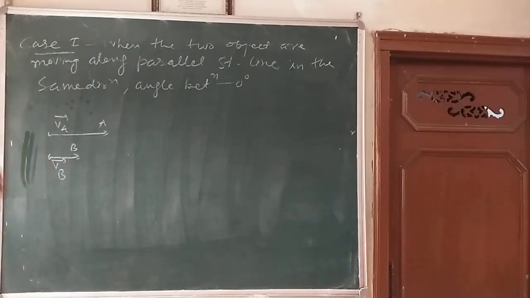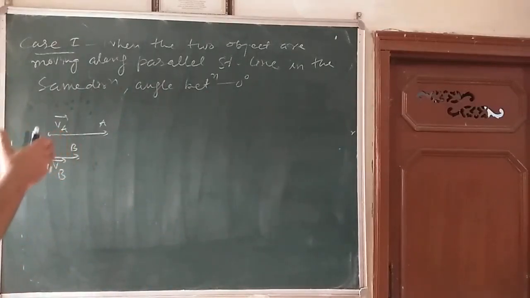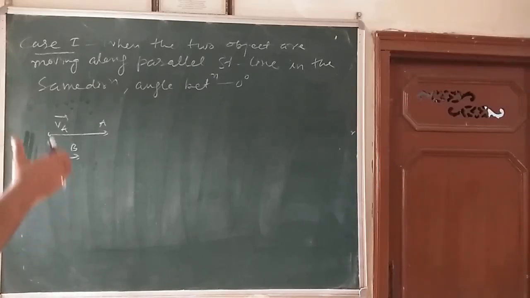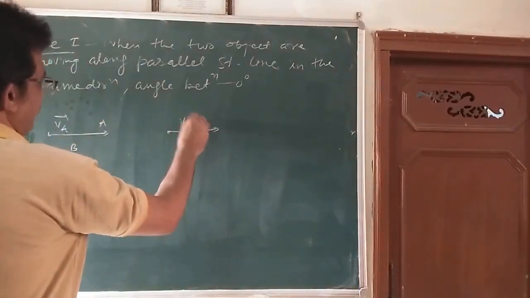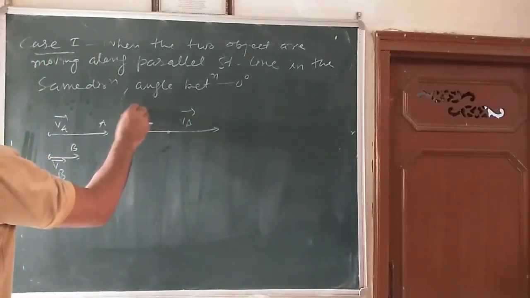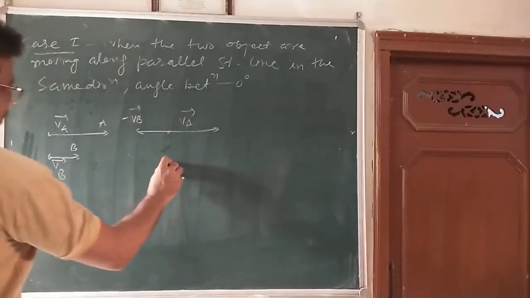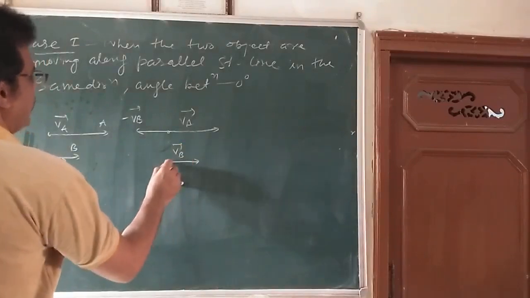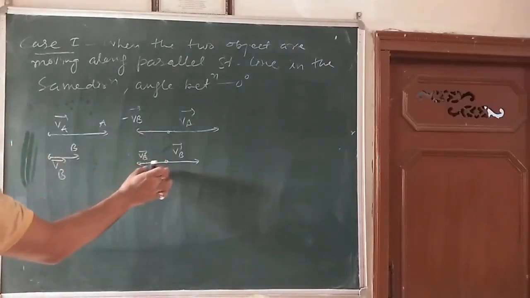The relative velocity of the object A with respect to object B, I want to find this. So I can say, superimpose velocity minus VB on both the objects A and B. Here it is VA, superimpose VB, that is like this. Here is VB, minus. Similarly here is VB and here is minus VB. I have made the opposite vector of the same length here. This is a vector.